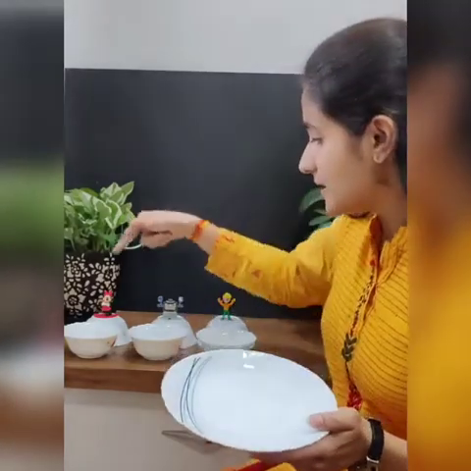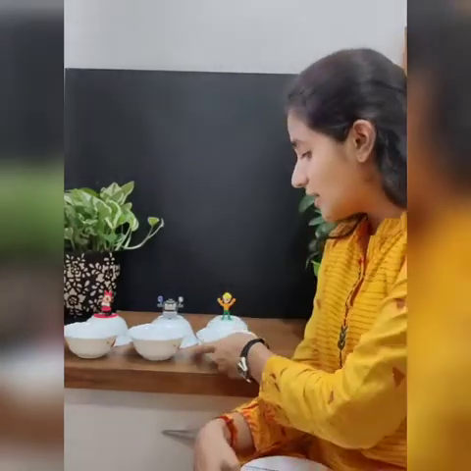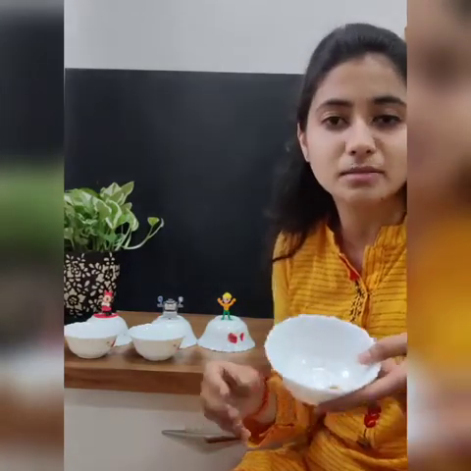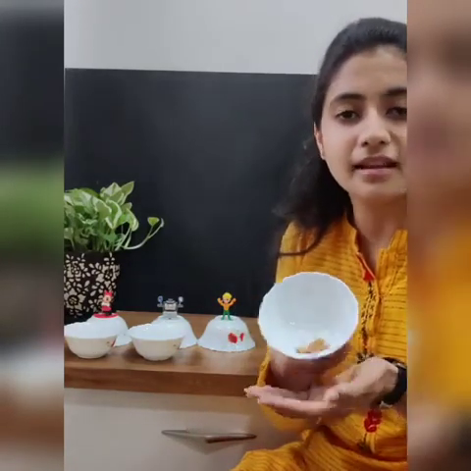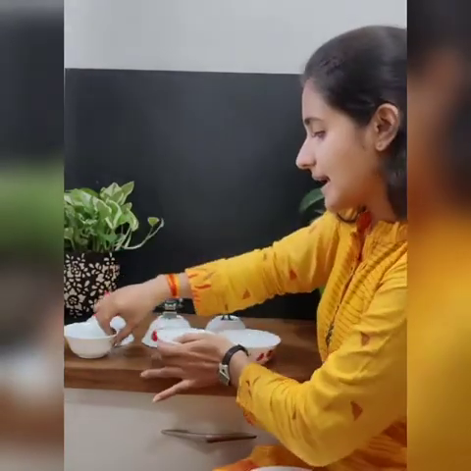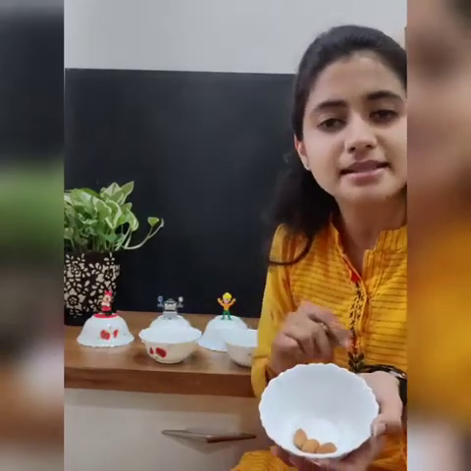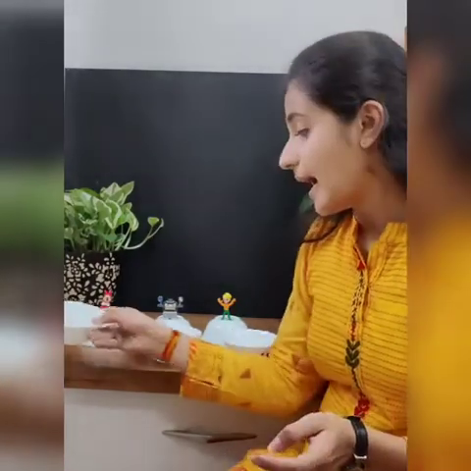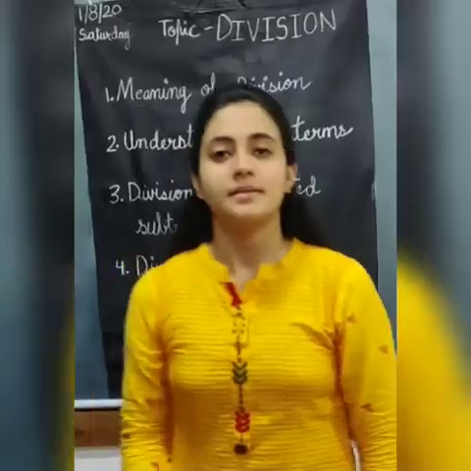So what have I done? I have distributed all almonds among these three people. I divided the almonds to them equally. So each of them got 3 almonds. See, Sam has 3 almonds. Tom also has 3 almonds. And Minnie also has 3 almonds with her. So I divided 9 almonds among 3 people equally, and each of them got 3 almonds. This is what division is.